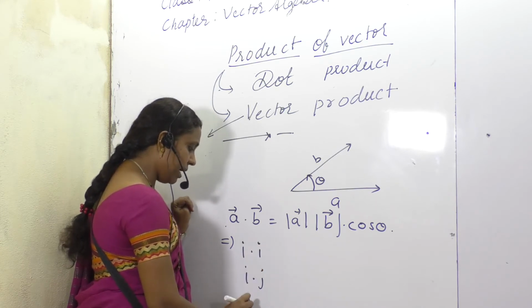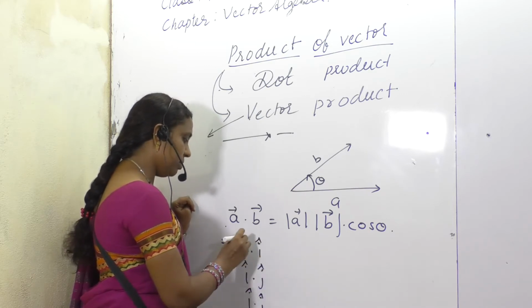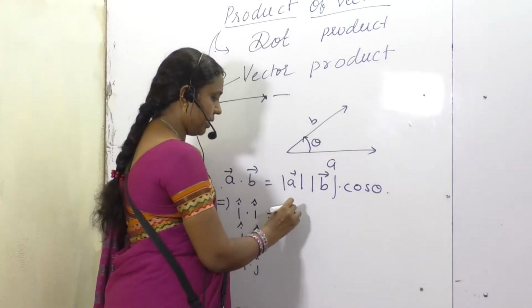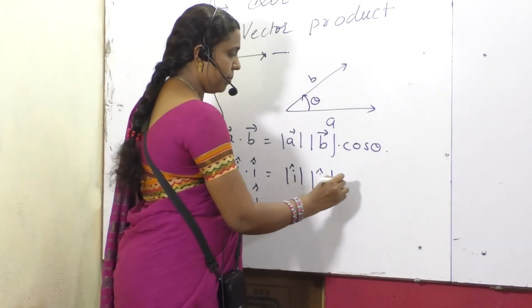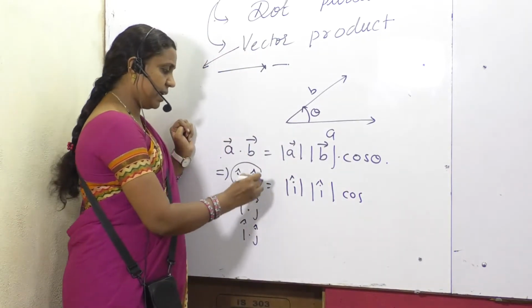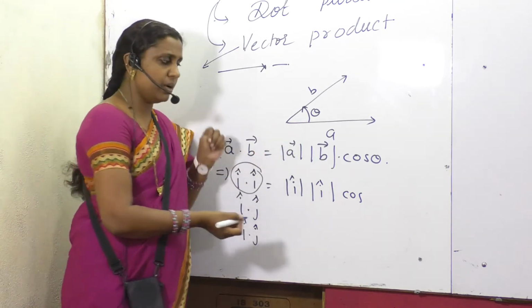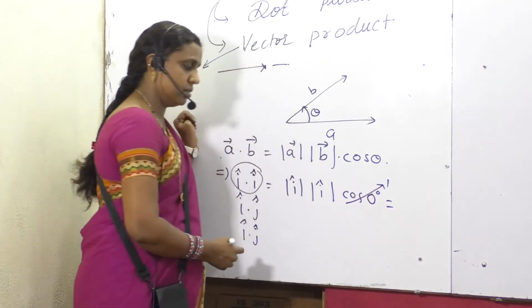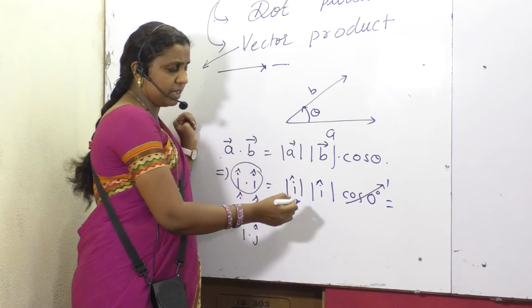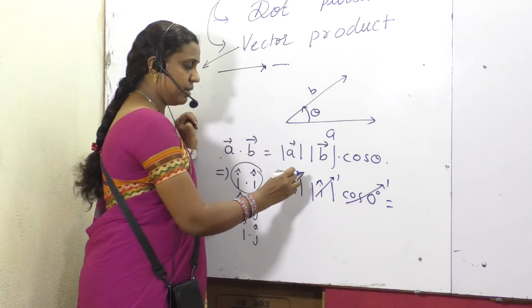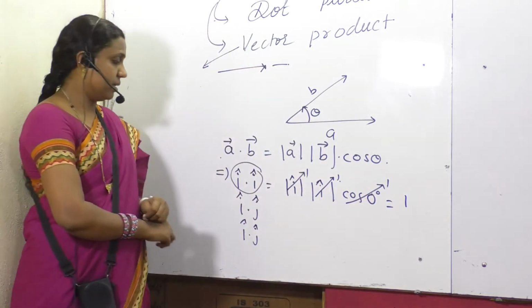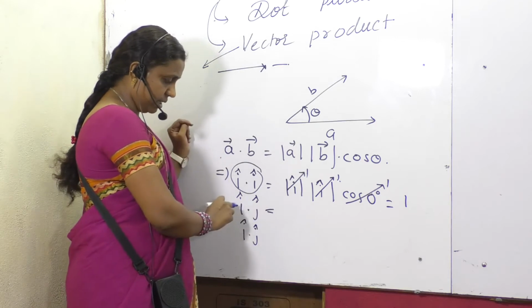With this, you can check i dot j, i dot k. So what will the answer be? That we will check. i dot i means this is i cap, this is also i cap, times cos of the angle between i and i, which will be 0 degrees. So this is cos 0, and cos 0 is equal to 1. And it is a unit vector, so its value is 1, and its value is 1. So the final answer is 1 into 1 into 1. This is 1.